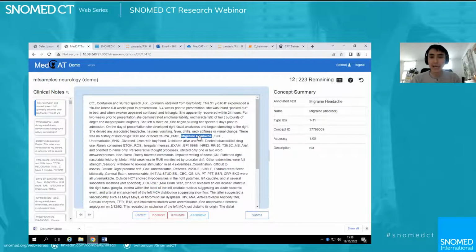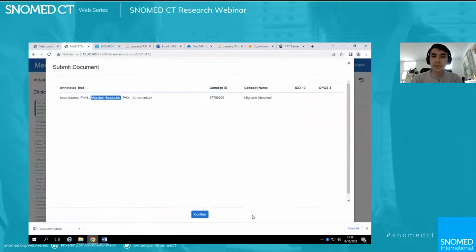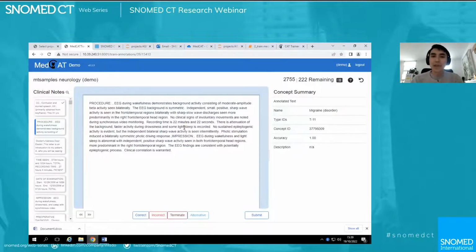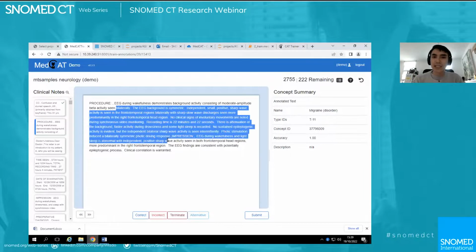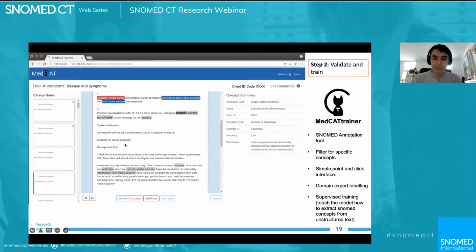In this case, it does mean migraine, and we are accepting that. And let's pretend there's no other migraine process involved. We can then press submit. It gives you a sort of confirmation, and this tool uses an active learning process where it learns from it and then looks to identify other mentions of migraine as well, which in this case, I assume there is none. Anyway, back to the presentation.